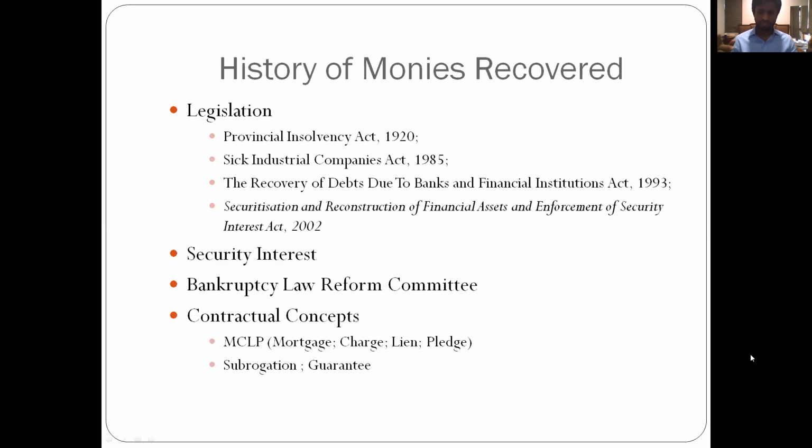But strangely enough, in order to appeal against a DRT order, you had to deposit 75% of the amount which you were ordered to pay. Only then could you go to a DRAT. In theory, there was no appeal from a DRAT, but the high courts after a point started entertaining a lot of writ petitions under Article 226 and 227, which led to a plethora of case laws everywhere.